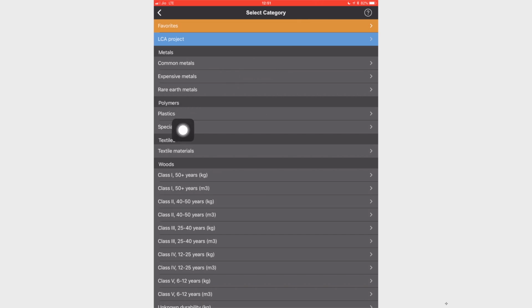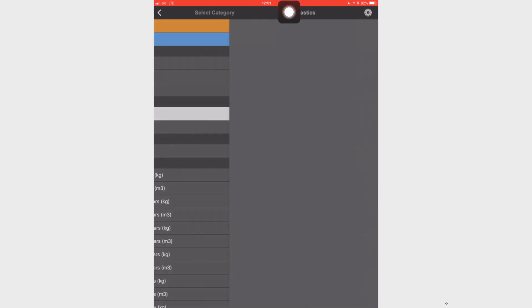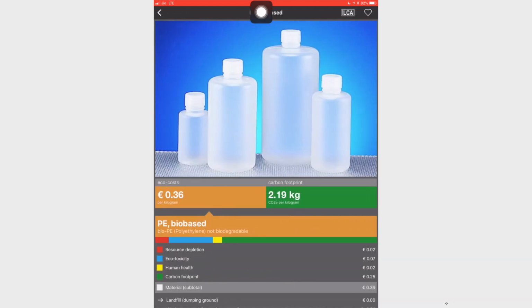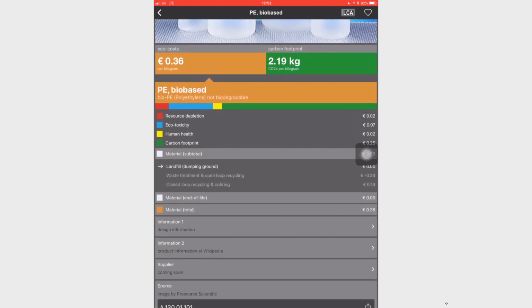Now let's look at the plastics. If I go into plastics, you can see PE bio-based. Whenever you see bio-based, it's not about biodegradable, but it's bottle category. Again here you can see the image, it shows that you can make these kind of bottles. Of course you will have many other functionalities also. I have the same thing over here, eco cost, carbon footprint. I again have my design information.